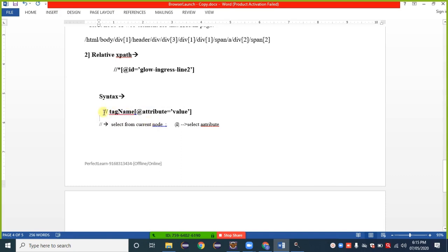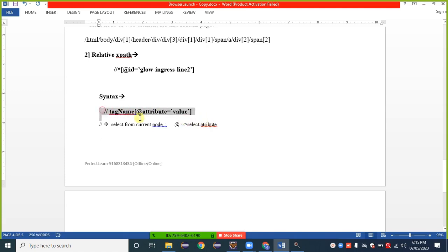Current node means this total line, because this code we are providing inside a program. We are indicating to Selenium to select this current node, having this tag name, then the @ sign means we are indicating select attribute.